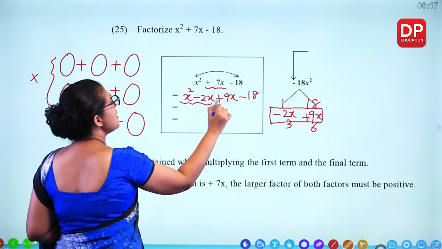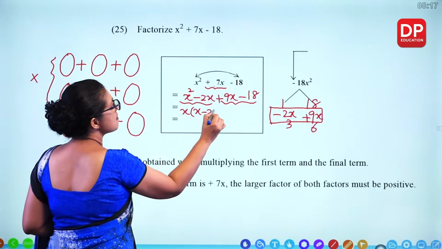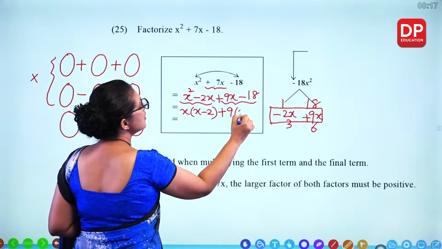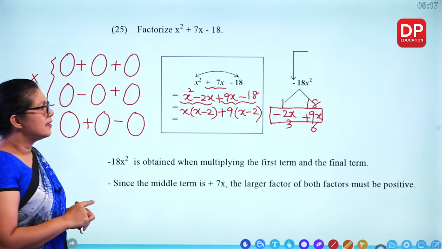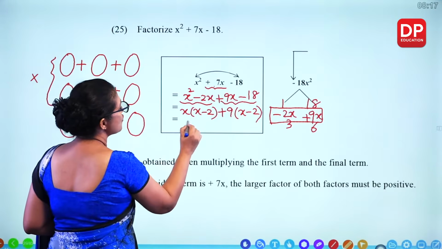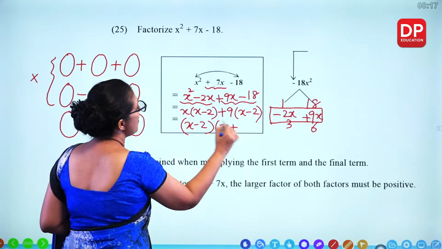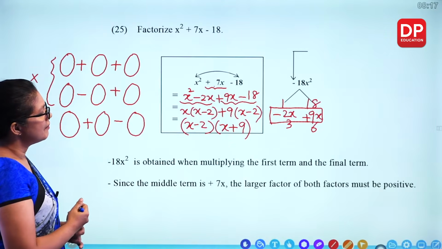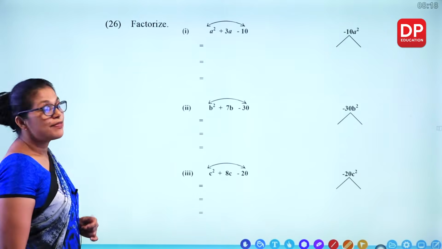Take 2 at a time. When you take x out, you get x minus 2. Take plus 9 out, x minus 2. Here we need to take plus because x first, that's positive. X minus 2 is common. Take it out and the remaining part we write here. Now we'll apply that